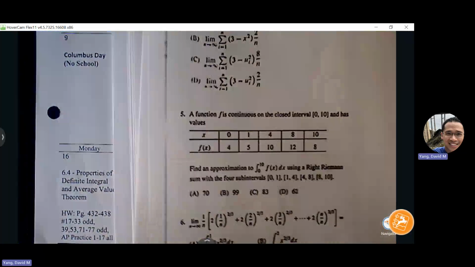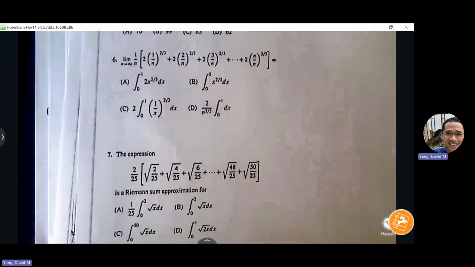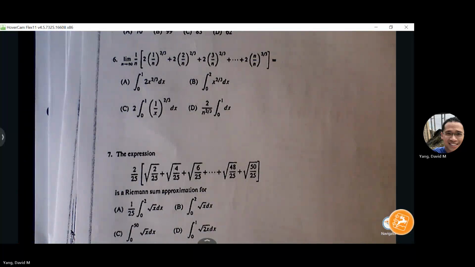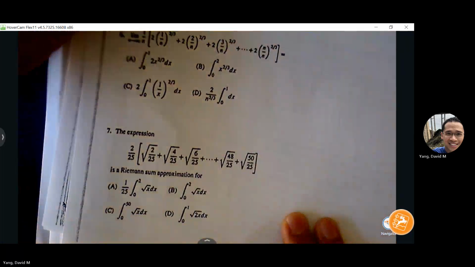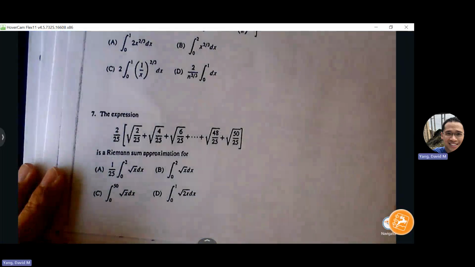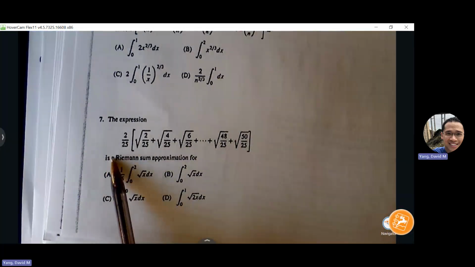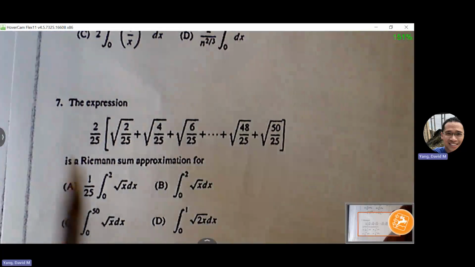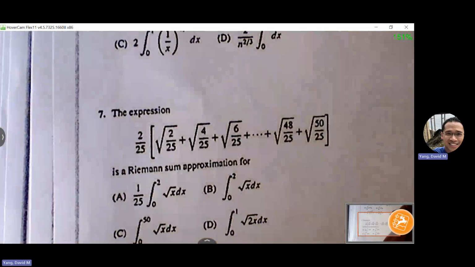So on page 13, sorry, page 17. This is an example of what an AP problem could look like. And here it says the expression is a Riemann sum approximation for